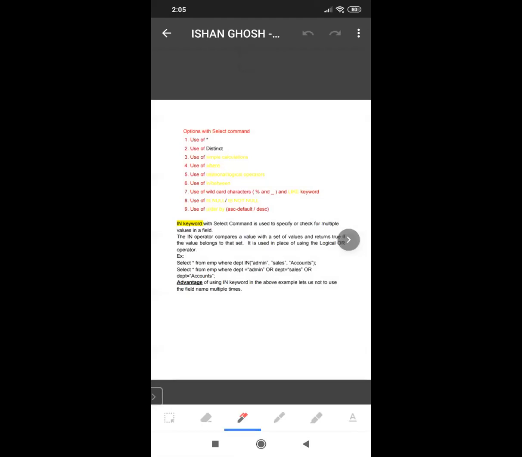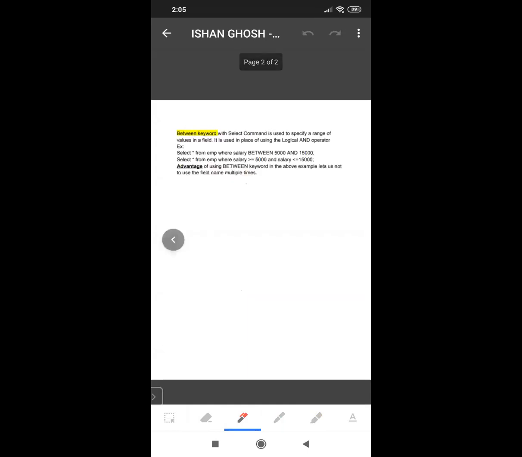You can see in the bottom part of your screen, you have the various pens with various colors. The eraser is also there, and you have an option to write to. I just go for the red pen, and I start with my correction. So keeping the pen on, I will just start putting tick marks onto the data.